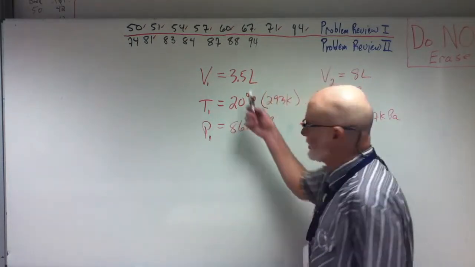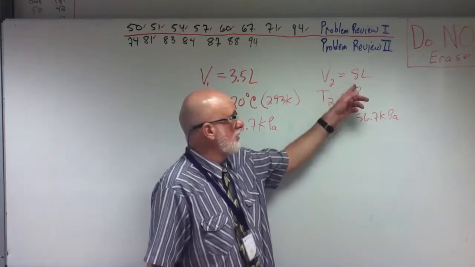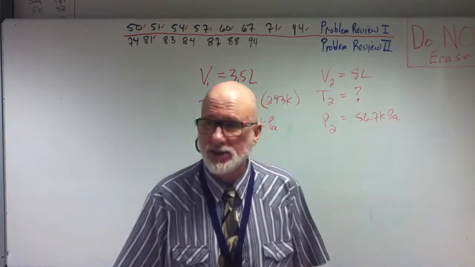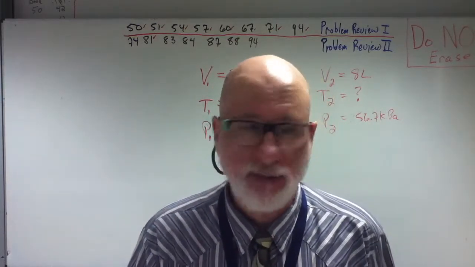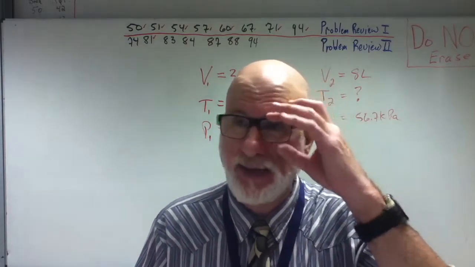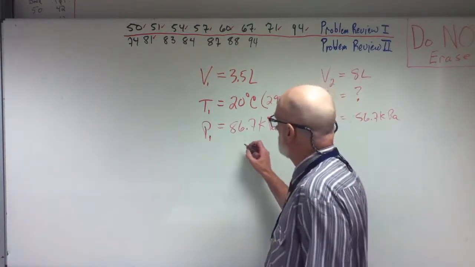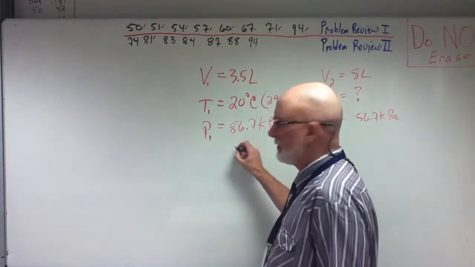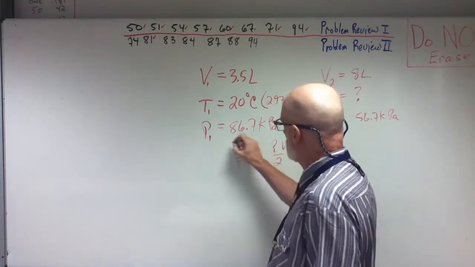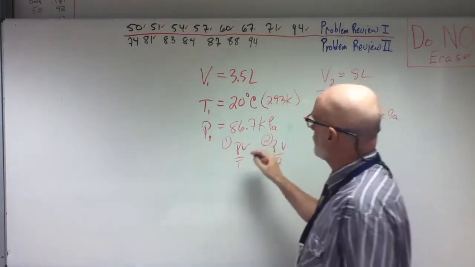So they give you these conditions, and then they say, well, here are other conditions, and we want to know what the final temperature is going to be like in Celsius. What are all calculations done in temperature? Kelvin. So you're going to have to do the mathematics in Kelvin and then convert to Celsius, correct? So what we're going to do here is we're simply going to plug in PV over T equals PV over T. This is 1 and that's 2 sets of conditions, correct? So you're going to say